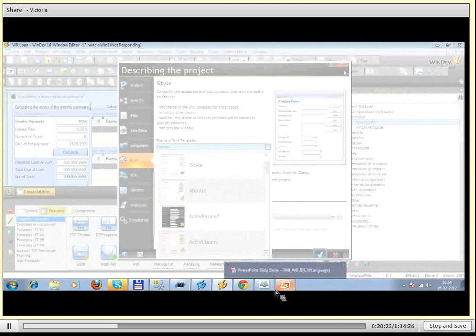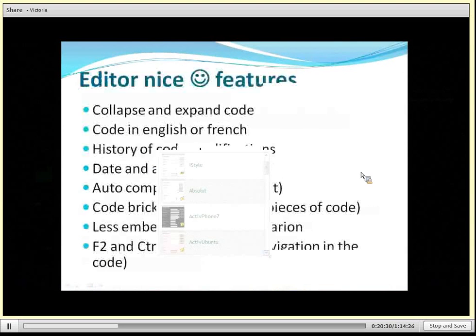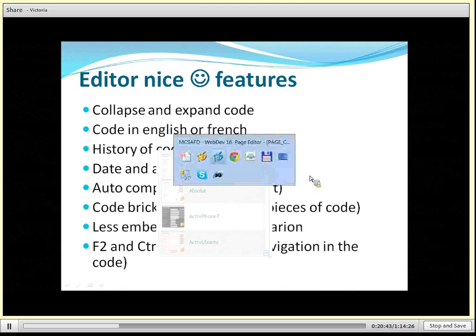Have many things open and so continue with the features. Talk a little bit about the editor, which